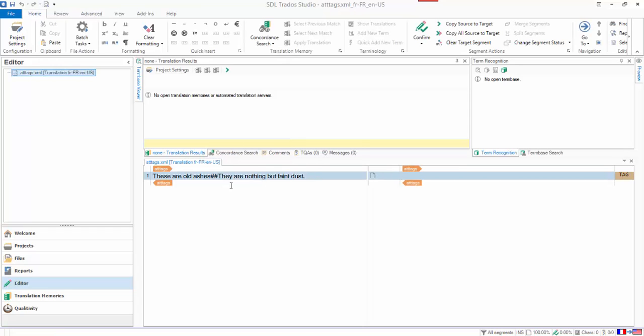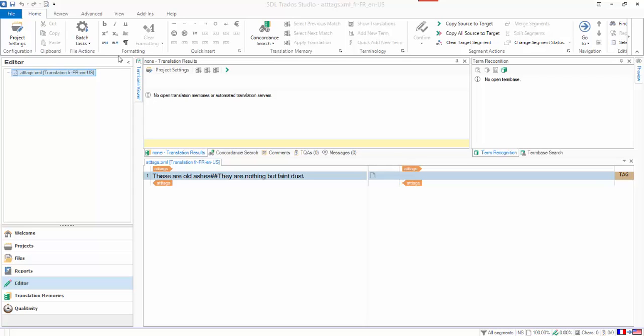So I've extracted this text from the attribute value. You can see it's the attribute value from the tag document structure that you get over here on the right. But what we have are these two tags in the middle here that we want to try and get rid of. So the way we're going to tackle it is we're going to